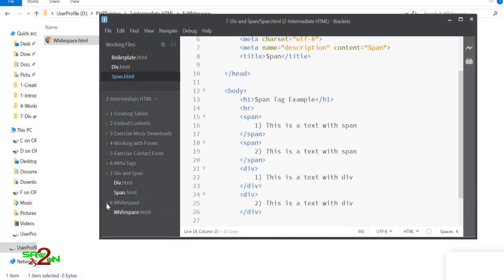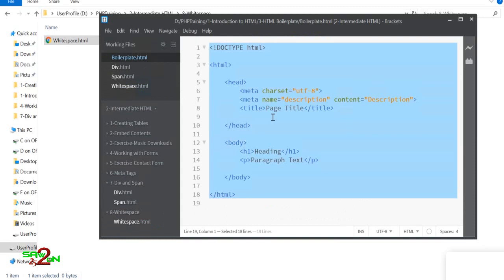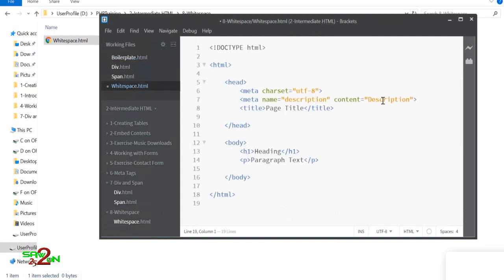Let's open this up. Copy the bootstrap. Okay, here we'll do three things. First we will see what is case sensitive, whether HTML can understand upper caps. Because if it is case sensitive, then it should not be able to understand. If it is not case sensitive, then in any case that you write, it should be able to understand it. Then you can say HTML is not case sensitive.